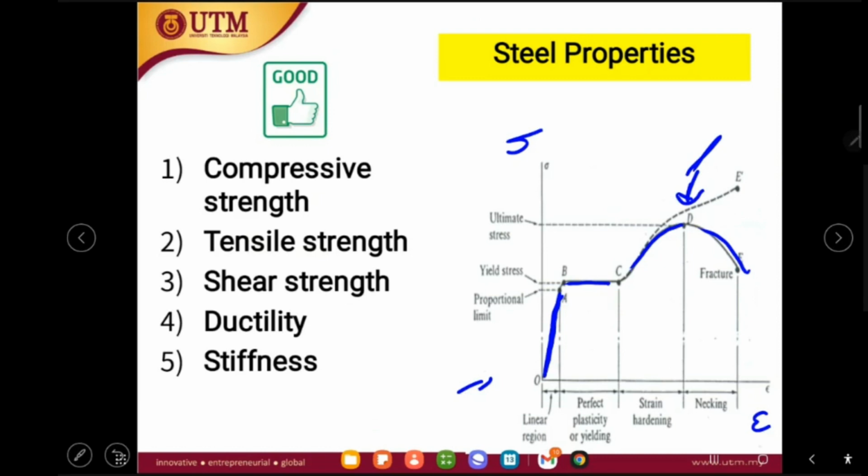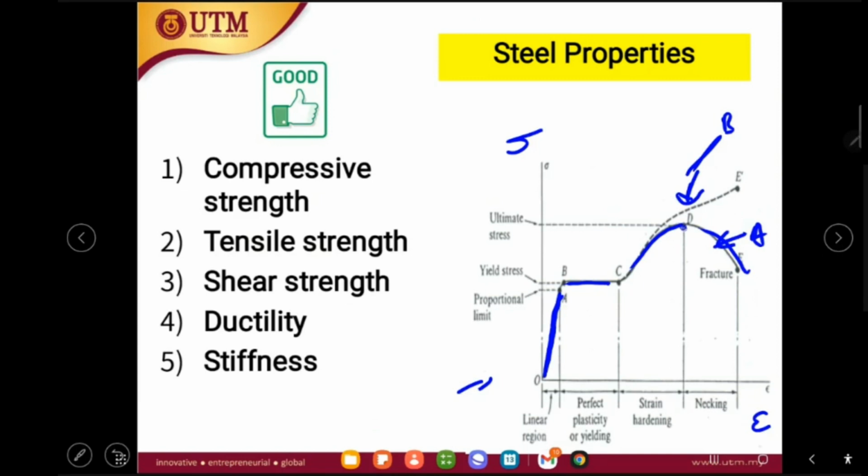So comparatively, we simply say this is the A line and this is the B line. We can say that the B line has better ductility compared to the A line. How do you say that? That is because after the material has achieved its ultimate stress,